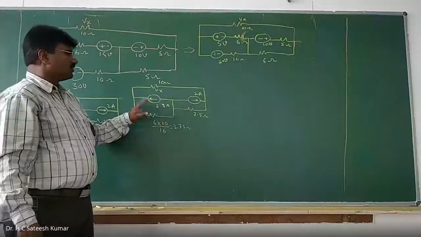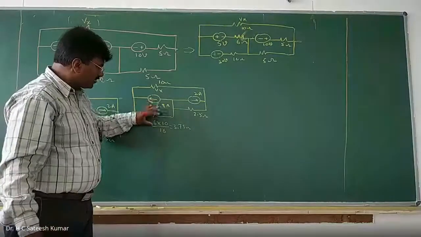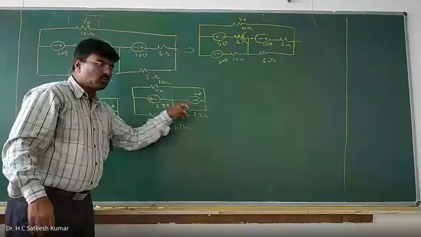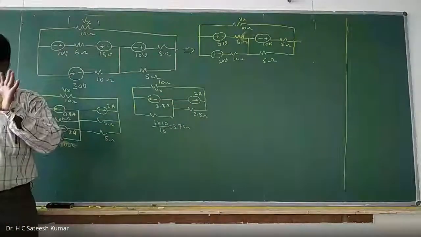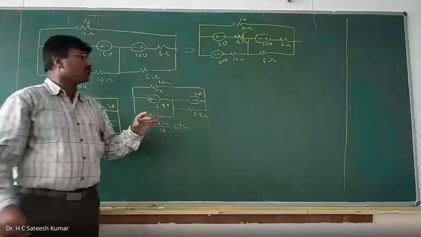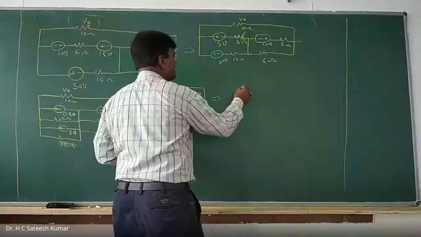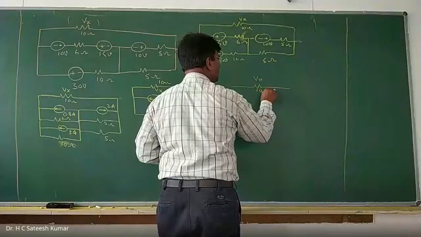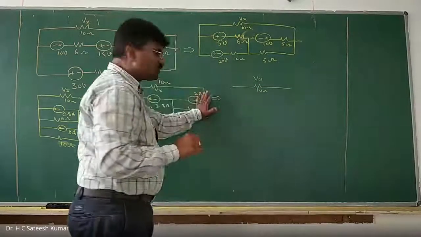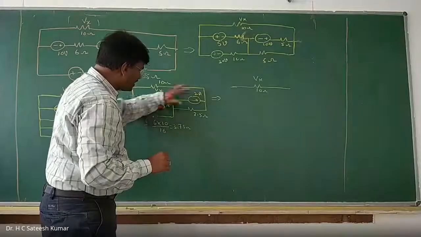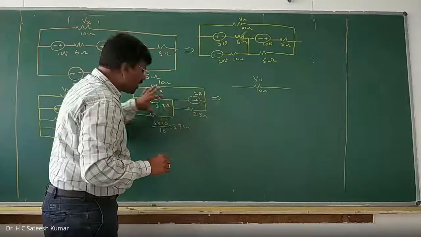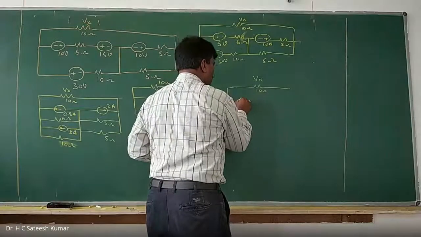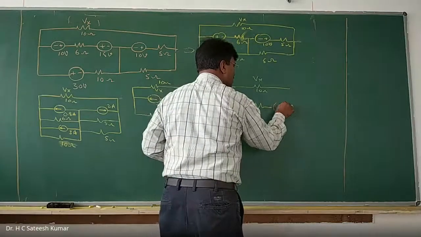Now, what is that? This and this are in series. These two: this is a current source in parallel with resistance, and a current source in parallel with resistance. Whenever you want to simplify the series connection, what should you do? Convert it into a voltage source. Therefore, next I keep this resistance as it is. Vx is the voltage across the 10 ohm resistor. Now, these two current sources in parallel with resistance are in series. Convert them into voltage sources. Therefore, what are you going to get? A voltage source in series with resistance.